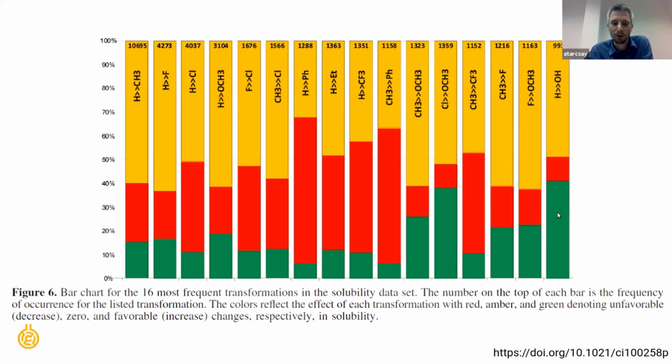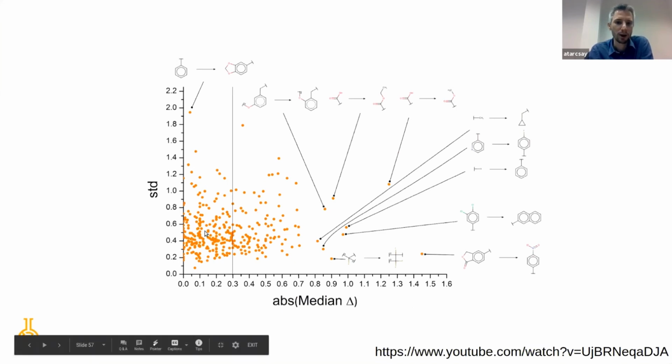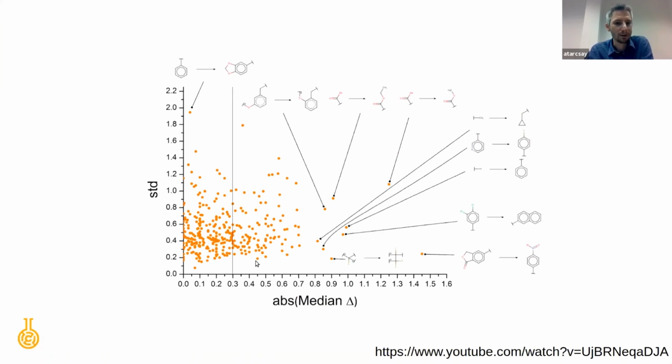In this case, green tells that it increased the solubility, it was neutral, or it had a detrimental effect on solubility. This is simply a data analysis tool. If you change a hydrogen to a phenyl ring on different pairs, on 1,300 pairs, then you will see that changing a hydrogen to a phenyl will have a detrimental effect on the solubility. We also did a similar study on another target, and you can see that the delta, the absolute delta,